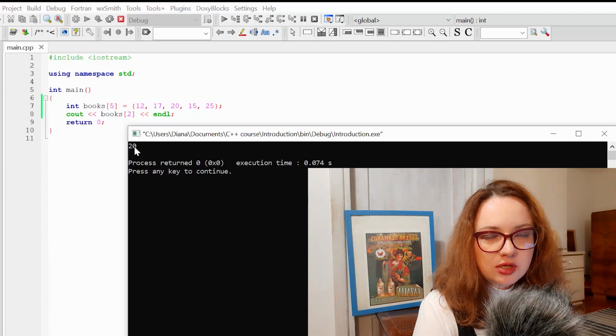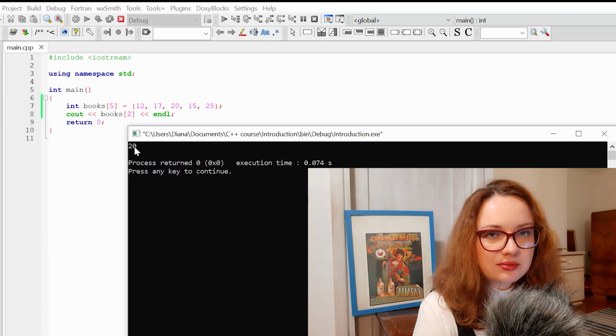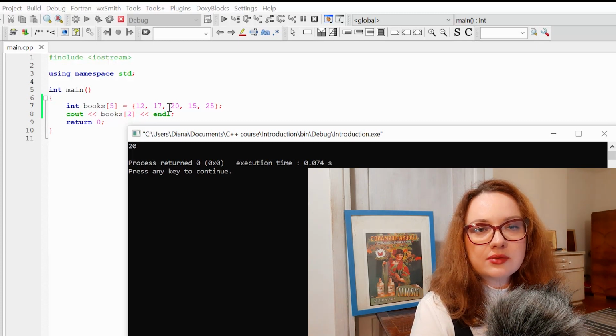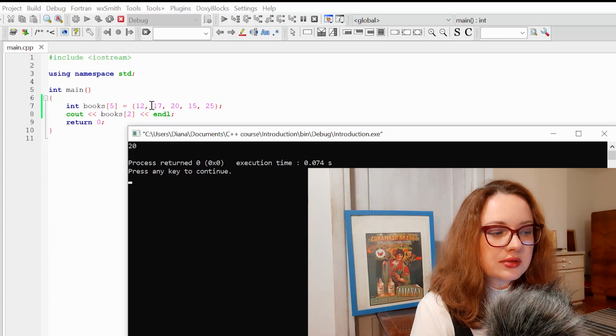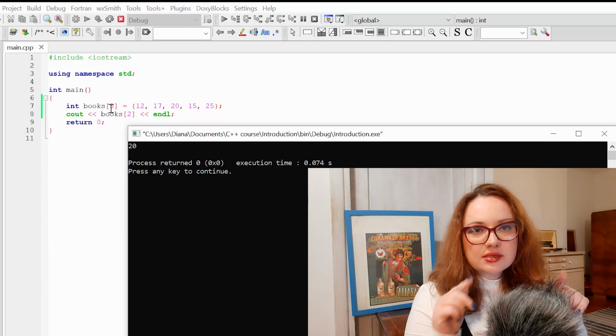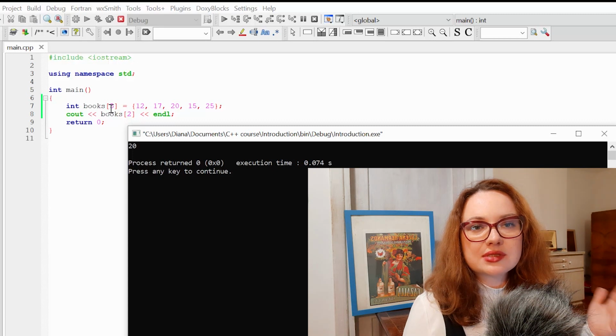It might be confusing because I called for the member of our books array number 2, but it seems that I have element number 3. That's something you should always take into account: when you work with arrays in programming languages, the counting always starts with 0. So the first element of your array has number 0, the second one number 1, and so on. So when you declare your array in the square brackets, you show how many members you want your array to have, but the counting of the members starts from 0.